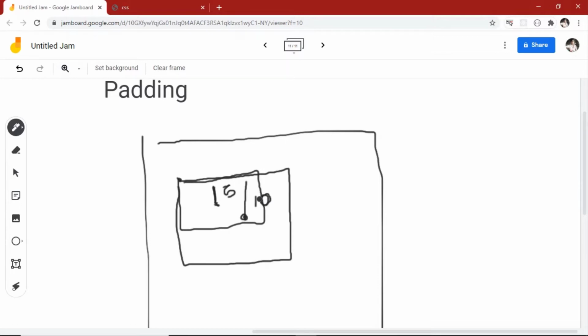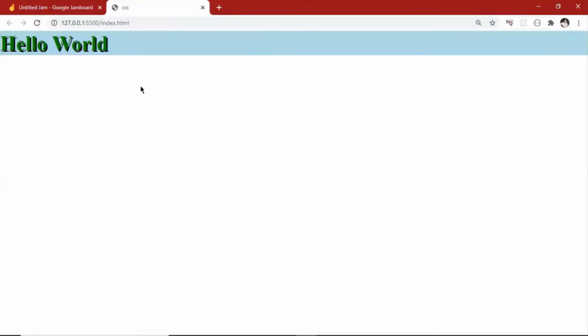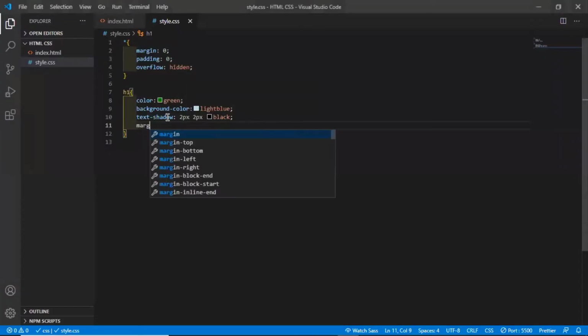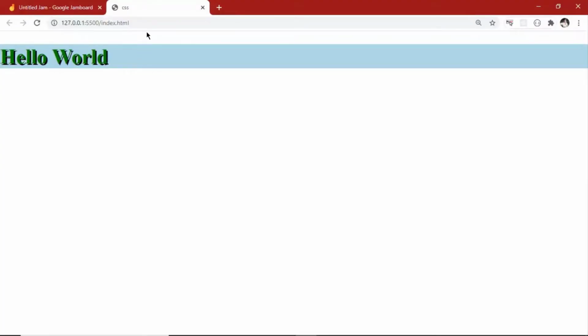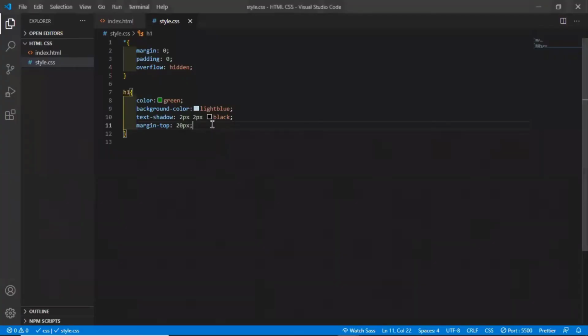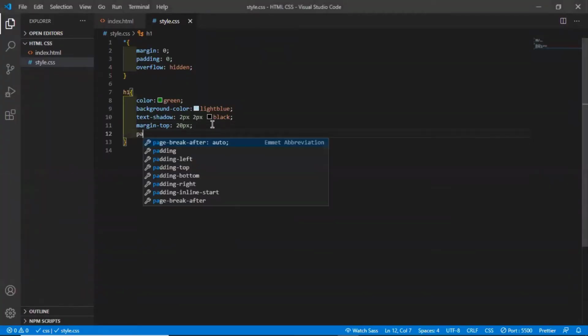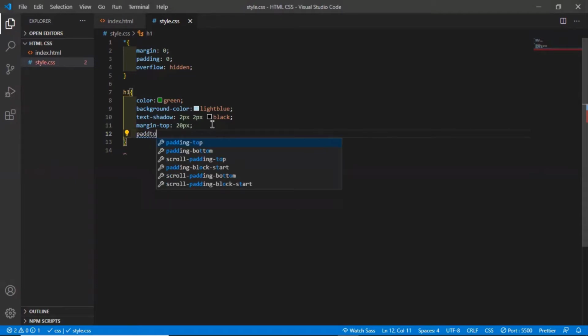Let me show you with the help of code. Let's try with margin-top 20 pixel. You see, it got pushed down 20 pixel. But if I give padding-top instead, let me give a bigger number to observe it better.